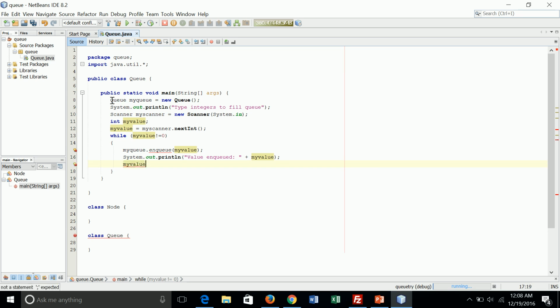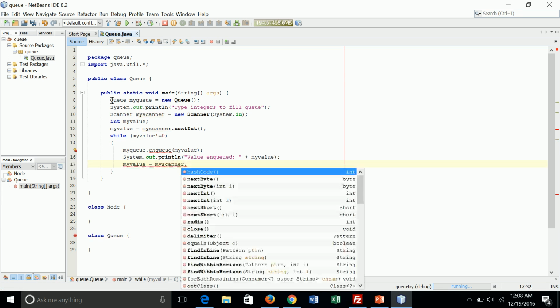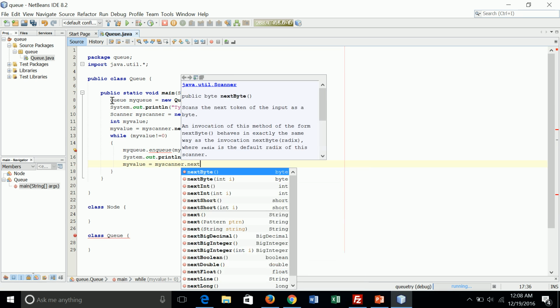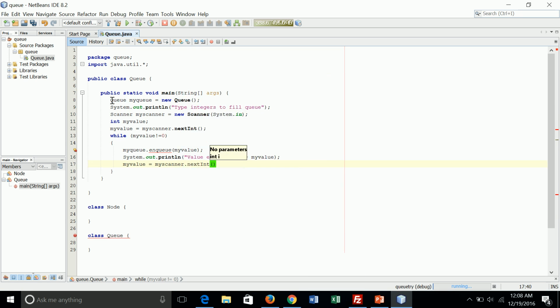And then we go to next value from scanner. Nice. So when value equals 0, we exit the while statement,